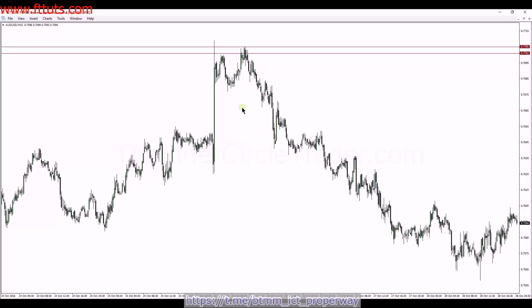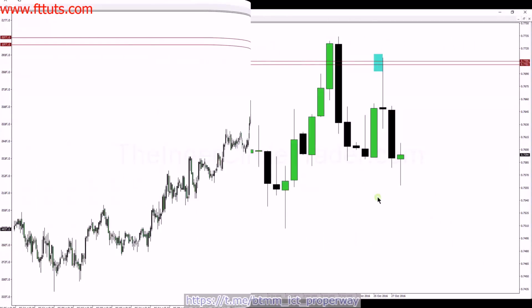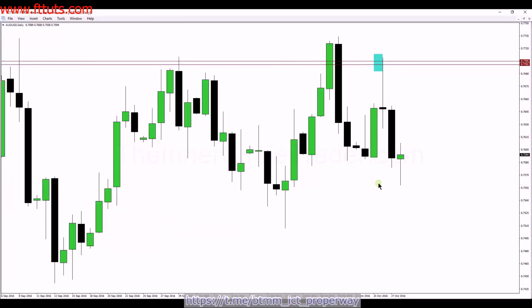Okay, if we were going to use this area right in here, we're going to note that and shade it with an area to highlight it, and we're going to go out to a daily chart. So we have the daily chart here, and what I want you to look at is we have a price swing from this high down, and then we have a retracement up. So as price was running up into that blue shaded area we had on a 15-minute time frame, we're inside of this big up candle, which is a bearish order block. And we also have,